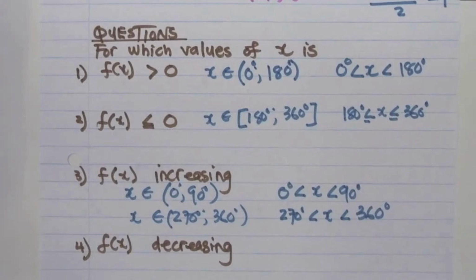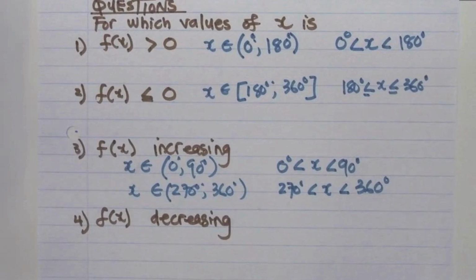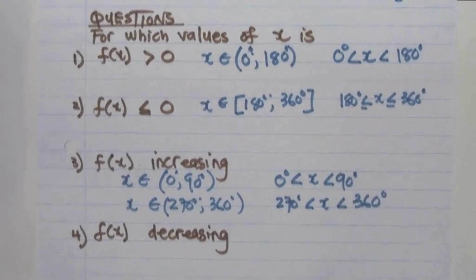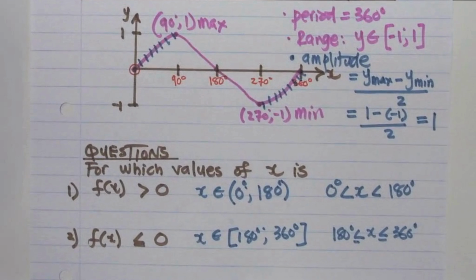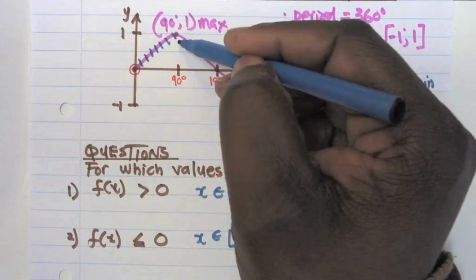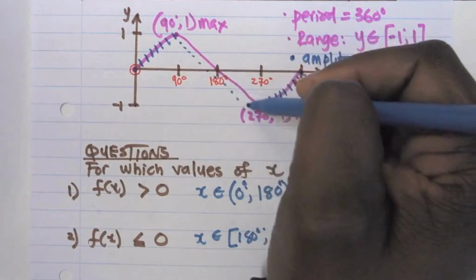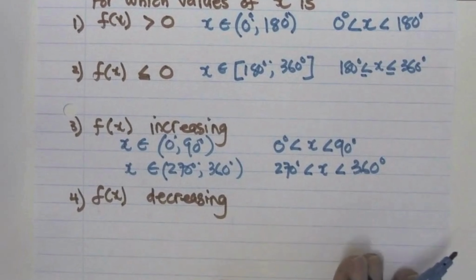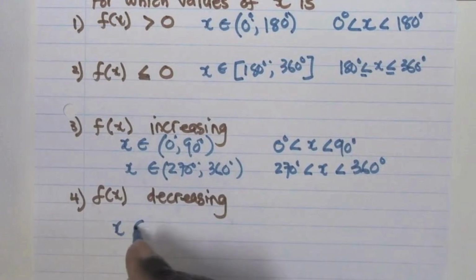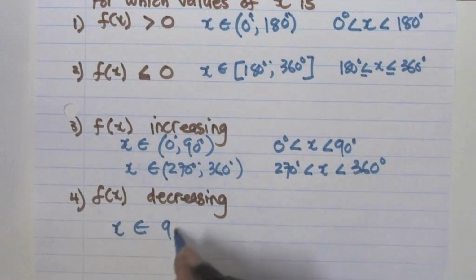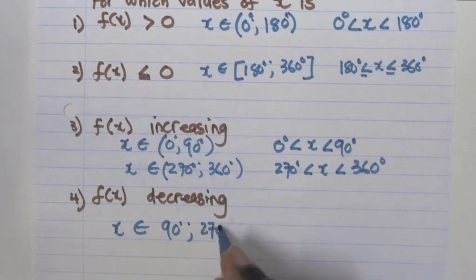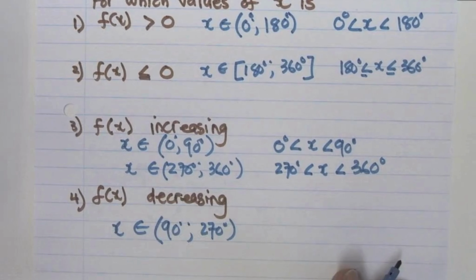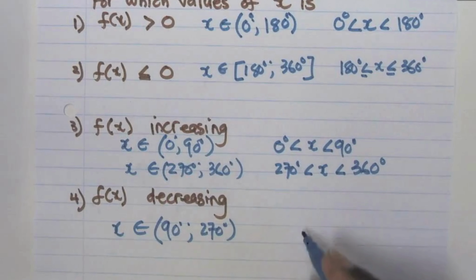Then the last part of the graph is where we want to see where it is decreasing. So let's go to the graph and check here. Where is the graph decreasing? You can see that the graph is decreasing from 90 to 270. I can write my answer in two ways. x is an element from 90 degrees to 270 degrees using the interval notation. And if I use the inequality notation, I'm going to write